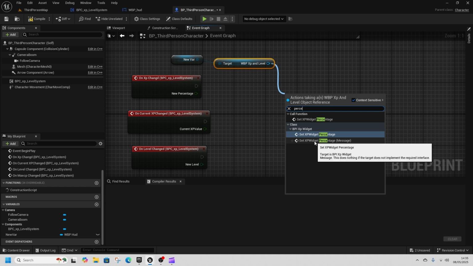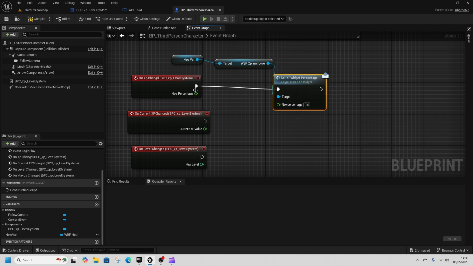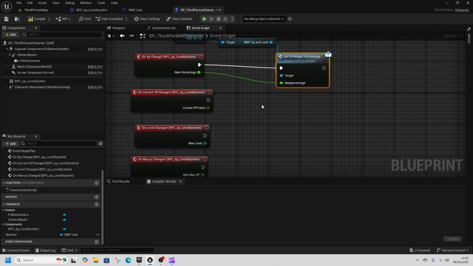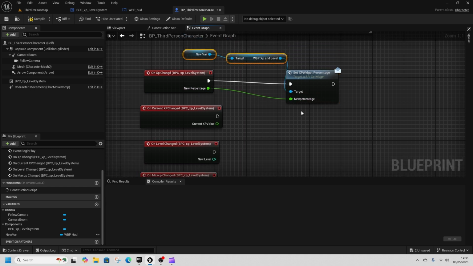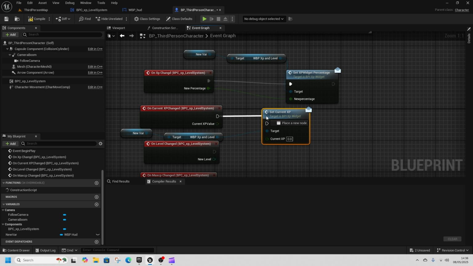So set XP widget percentage and feed that into here. Copy and paste the new variable, which is your HUD, and the target. Paste those into here, and then we're going to call the XP set current XP message for our on current XP changed,